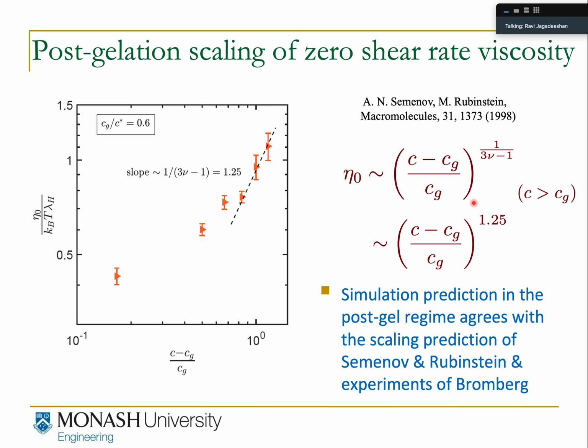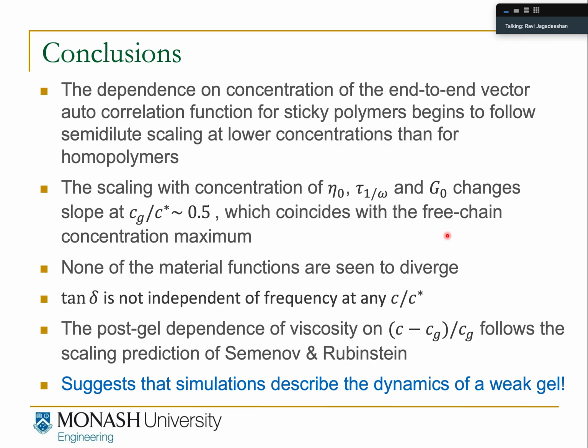Okay, so if I can conclude, essentially, it's not clear whether there is such a thing as a strong gel and a weak gel. Perhaps there is, and we think we can identify the difference with our simulations. We feel that the sticker strength of 5 kBT that we used has led to a weak gel, so we're currently carrying out simulations at a higher sticker strength to really examine if this leads to a strong gel. But what we have seen is that the dynamic signature, at least for the case of weak gels, seems to coincide with the existence of the free chain